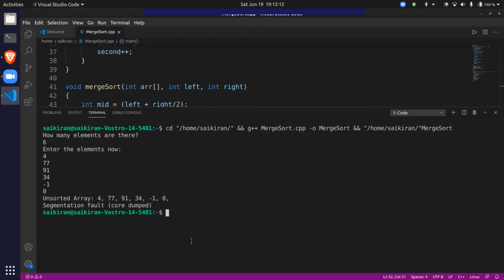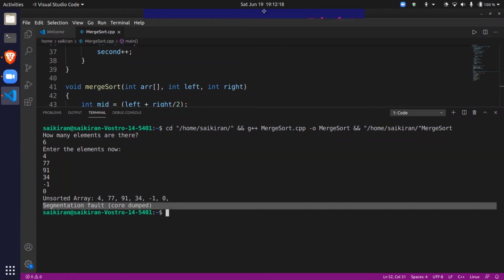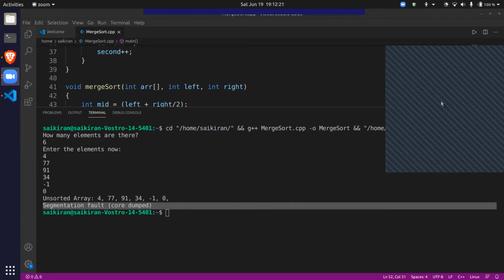Now, how many of you know what this error means? Does anybody know what segmentation fault, core dumped means? Right, Rishvik? Amazing. So when any program, it doesn't have to be a C or C++ program, it can be any program, every program uses some amount of memory, right? Every program has some memory allocated to it, and that memory is in the form of stack memory and some of it in the form of heap memory.